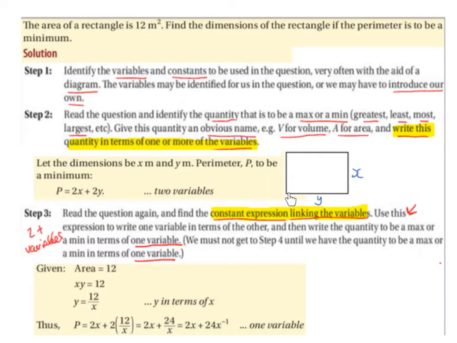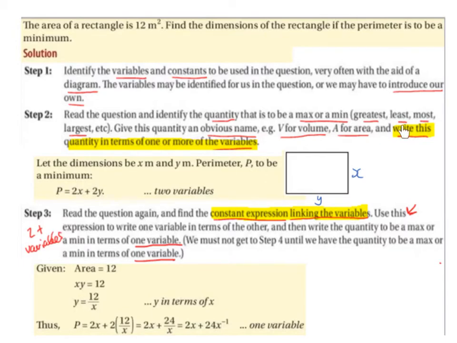So we're going to draw out the diagram of a rectangle, and we will have to introduce our own variables, so we can let the width be x and the length be y. Read the question and identify the quantity that is to be a max or min, so greatest, least, most, largest, etc. Give this quantity an obvious name, for example V for volume, A for area. So perimeter is what needs to be minimized. So our dimensions are going to be x meters and y meters for a rectangle, the perimeter P to be a minimum,